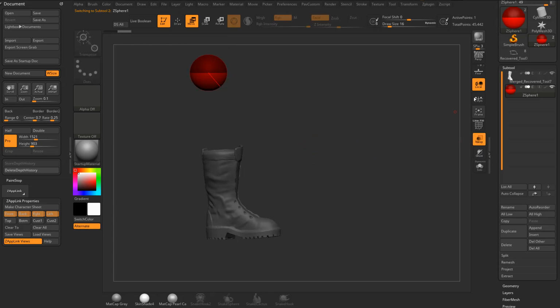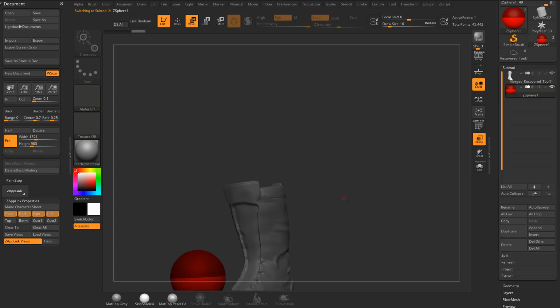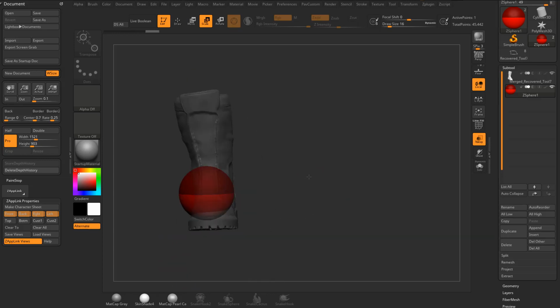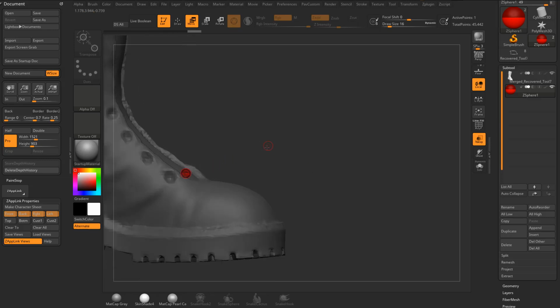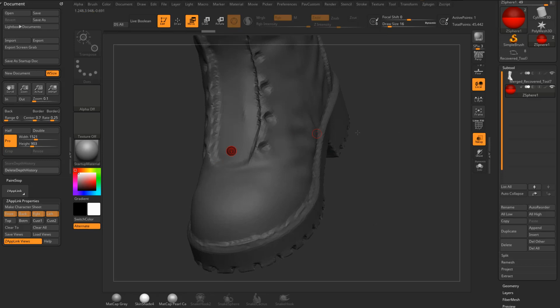I'm going to hit W, and with that z-sphere selected, move that down into place. Just kind of putting that right in the middle of my shoe here. We're going to hit E, scale this down, and we're going to hit W and just move that into place here. So essentially this is going to be the start of our shoelace here,